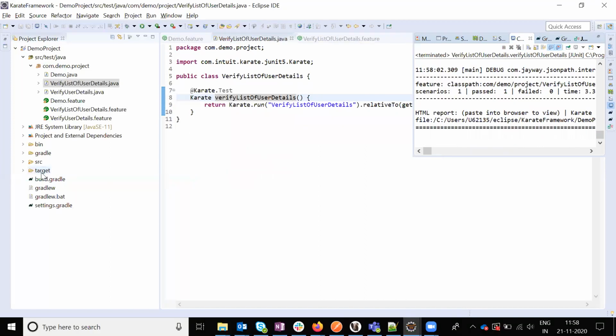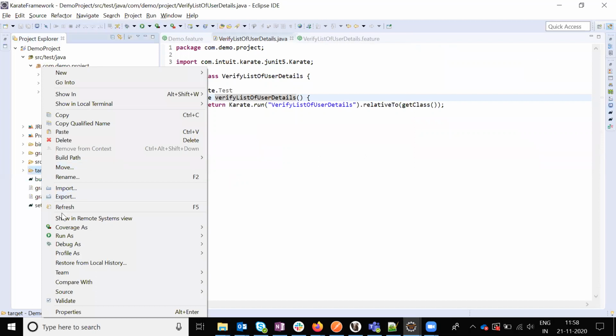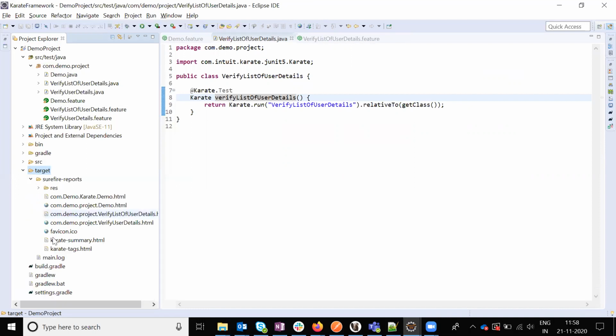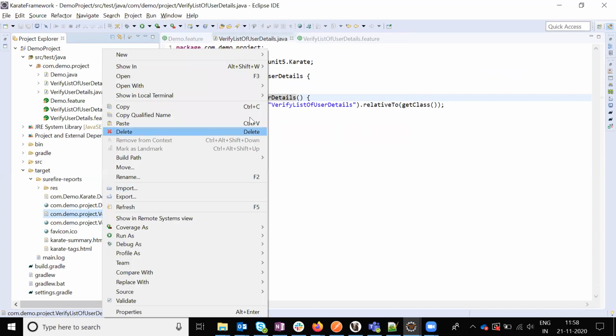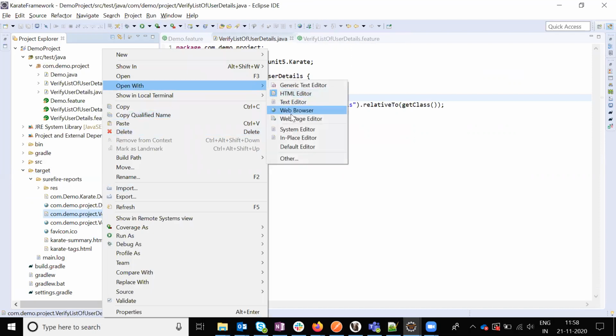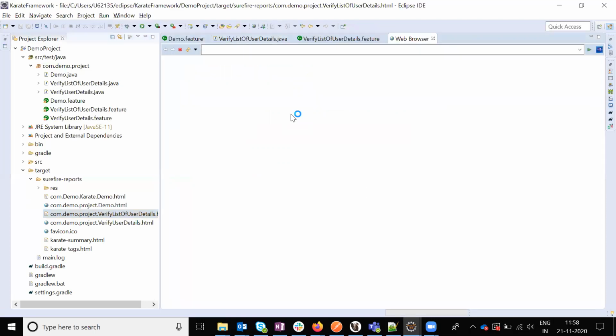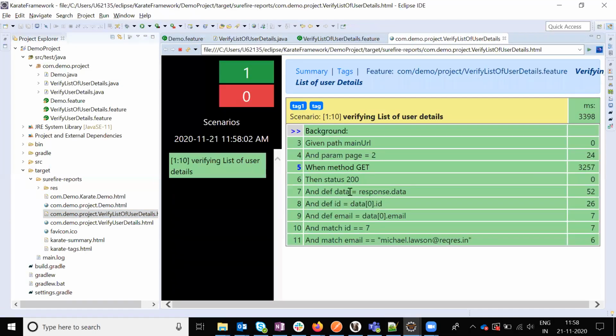If you refresh the target folder, refresh and then expand the Surefire reports. Inside the Surefire reports, go to the list of users, open with a browser. When we open the browser, it will show the steps. See, the value is verified and so on.